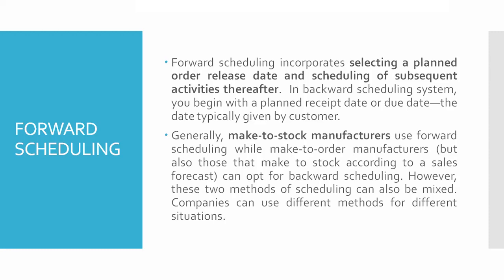तो जनरली make to stock manufacturers use forward scheduling, while make to order manufacturers, but also those who make to stock according to the sales forecast, can opt for backward scheduling. However, these two methods of scheduling can also be mixed. Companies can use different methods for different situations. So generally, you have a product that will be made. So how can you make your stock to manufacture product in the forward way. But generally, like make to order, the companies will go for backward scheduling, and